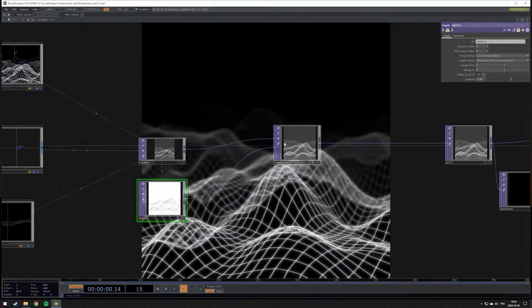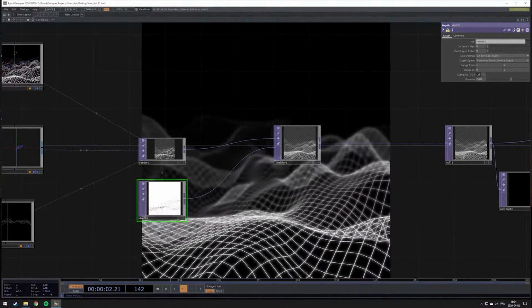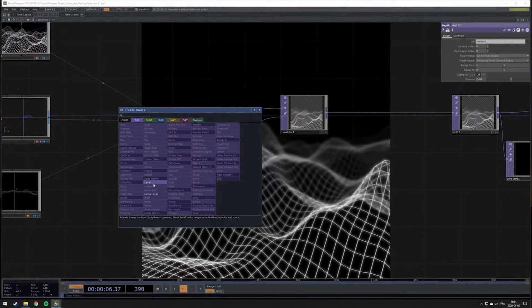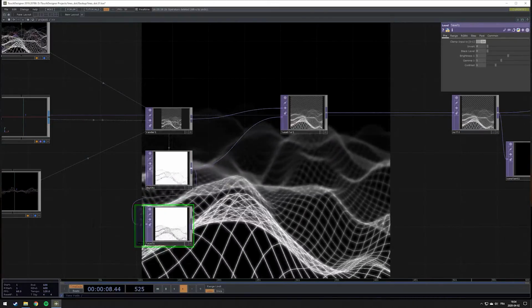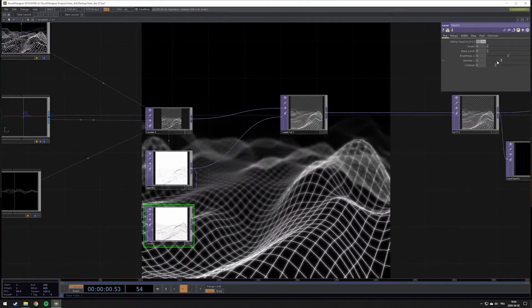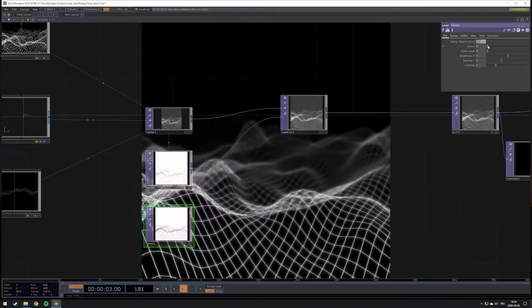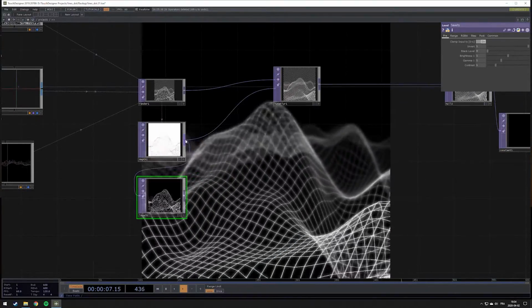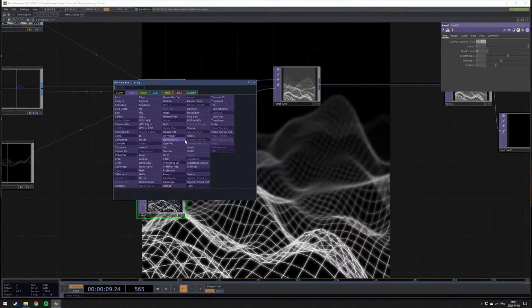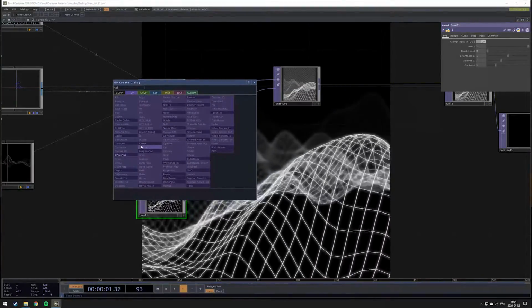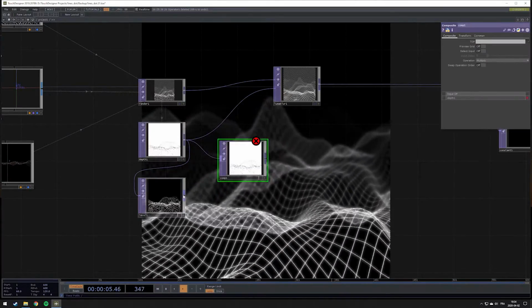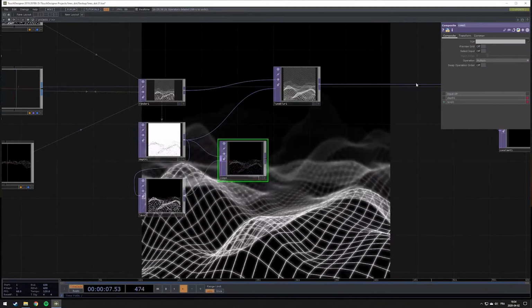So the thing we're going to try to achieve right now is have this effect, but also on one plane that's not exactly in front of us. So we're going to use a level and then invert this image. And finally, we're going to add another top, which is going to be our composite top. Composite, yeah, right there. And then we're going to use a difference